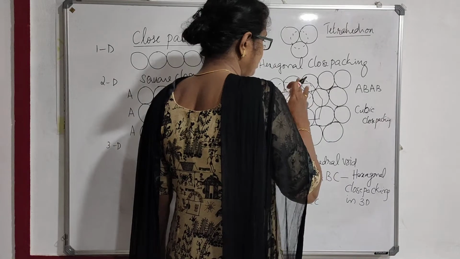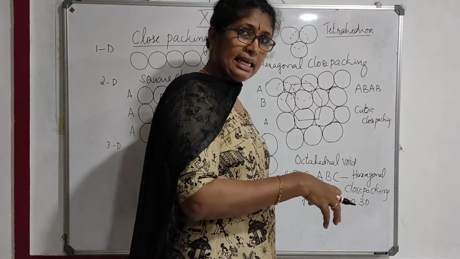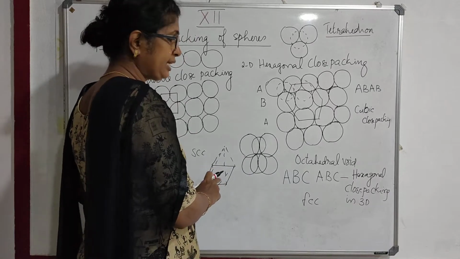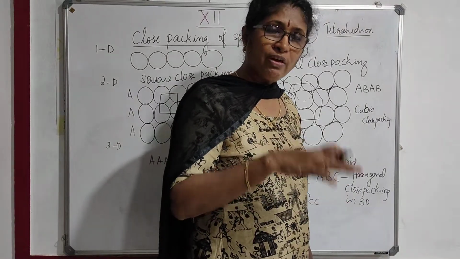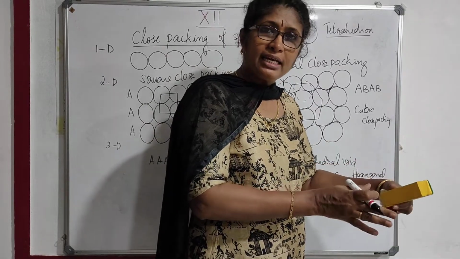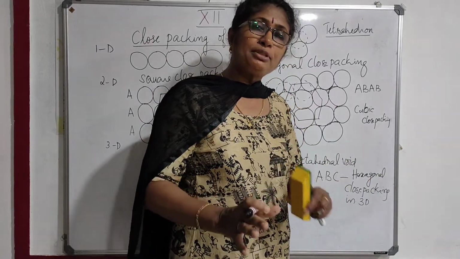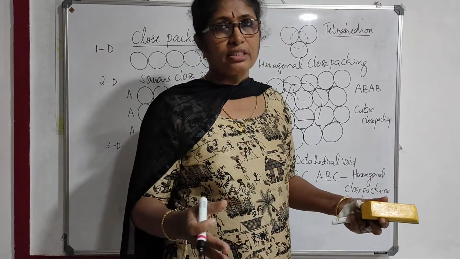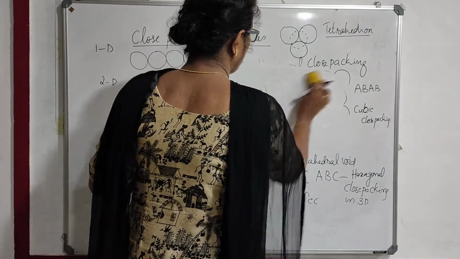Then, if the trigonal voids of the first layer and the trigonal voids of the second layer come together, you get an octahedral void, because if you connect them we get an octahedron. So both the tetrahedral and octahedral voids will be there in a close packing. That doesn't mean that in certain cases it will be tetrahedral and in some cases octahedral. It's not like that. The two different types of voids will be there in a close packing, either hexagonal close packing or cubic close packing. That is, tetrahedral voids and octahedral voids.